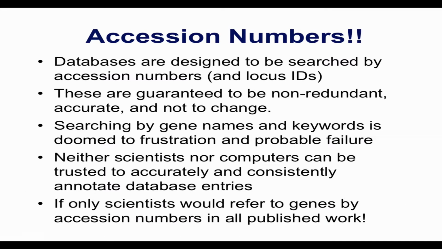So the question we had was, how do I know I'm looking at the right sequence, which brings us to this concept of accession numbers. Unique identifiers are the way that databases are designed to be searched. They're not designed to be searched with free text, and the result that you get with a free text search is sort of unpredictable. Genetics is particularly bad in terms of working with text because people will name genes